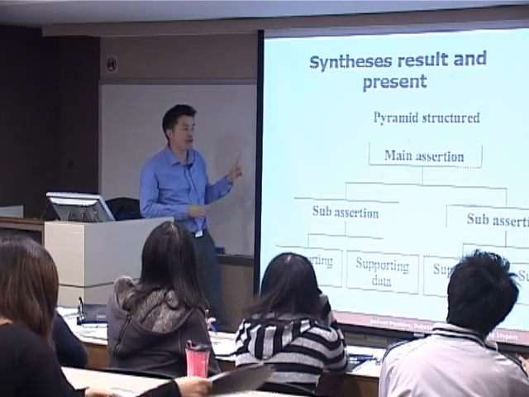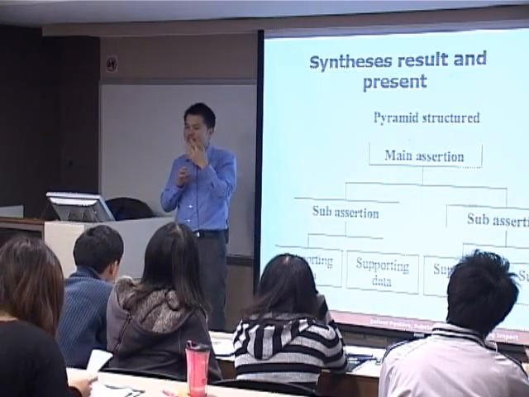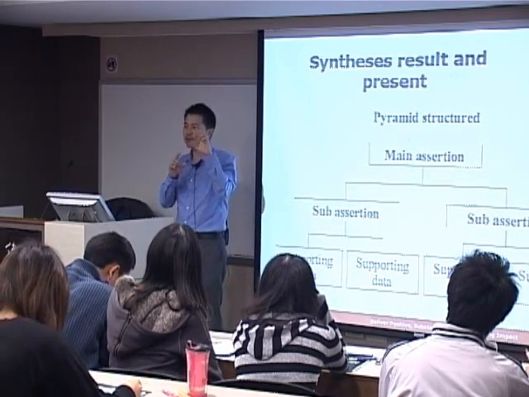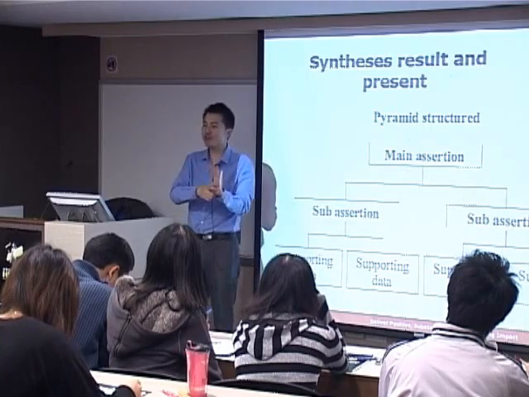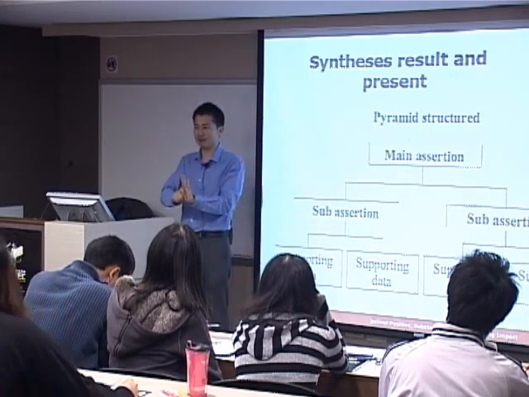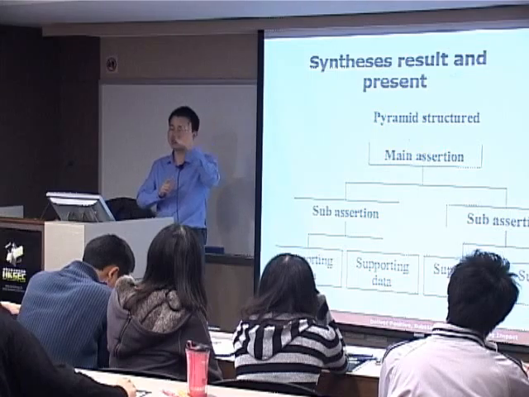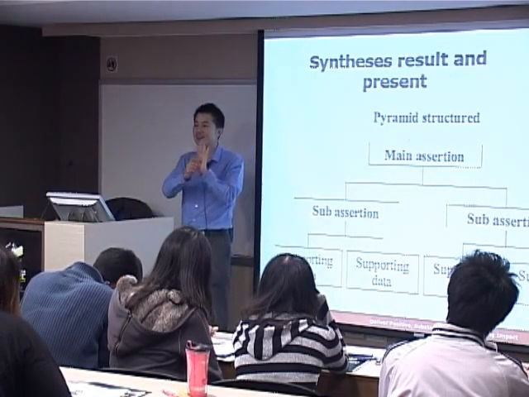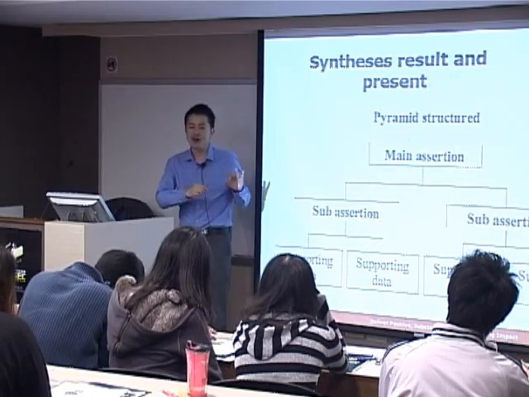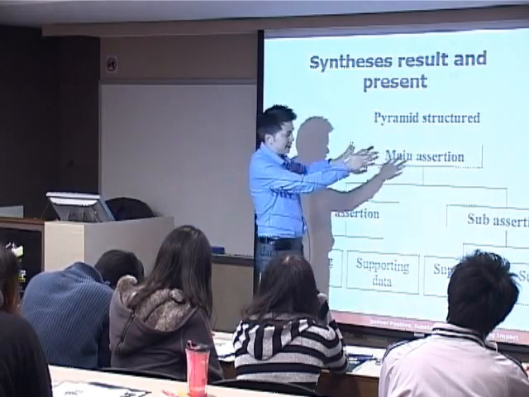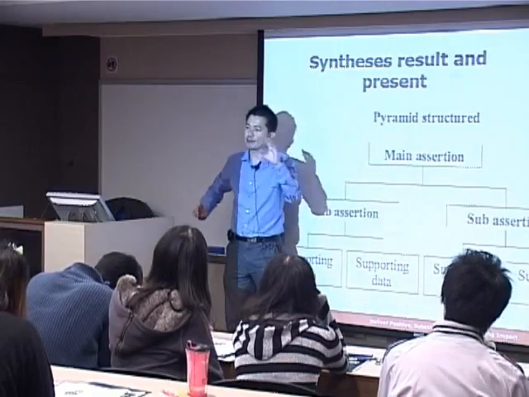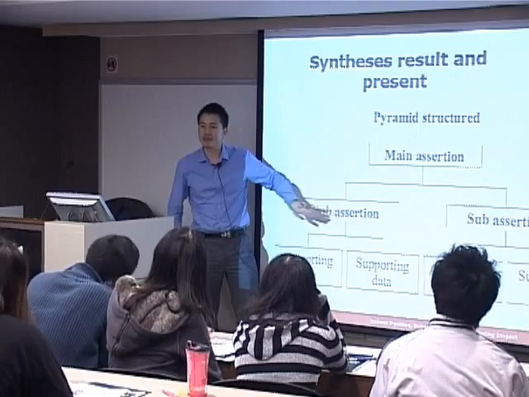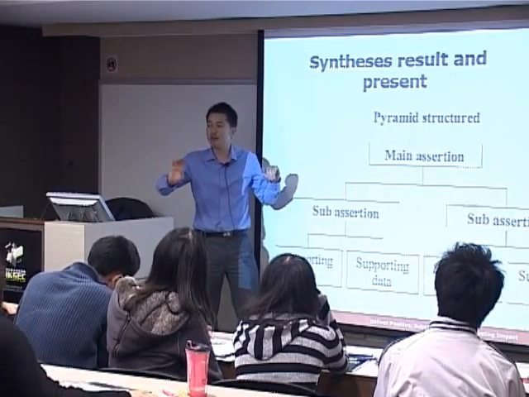Maybe I should mention one more thing. When we do that, you've probably heard this in some other cases, there's a term called MECE. We call it mutually exclusive, collectively exhaustive. MECE, M-E-C-E. I'll say that again. Mutually exclusive, collectively exhaustive. So if your analysis, your pyramid structure, has these two sub-assertions, they should be mutually exclusive, for example,